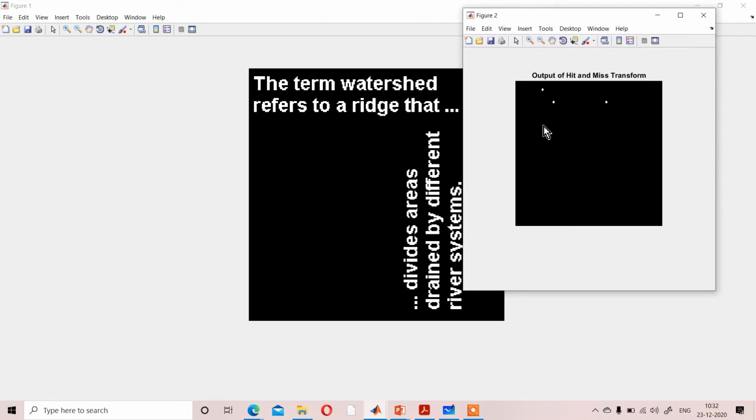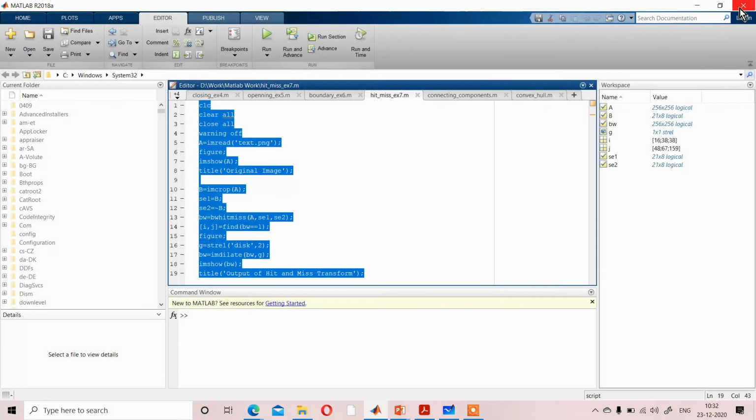The three T's are given here: first T from the term, second T from the to, and third T from the that. So these are the T's you are getting. In that way, each and every word you can find. So that is your hit or miss transformation.